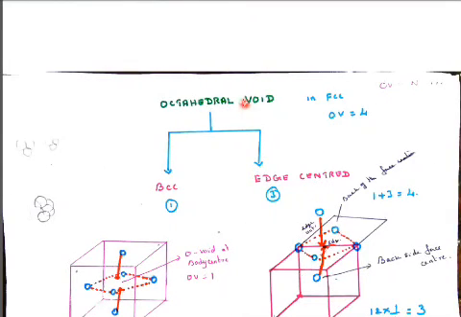Next, octahedral voids in FCC, which I already told you. In FCC, the number of octahedral voids is 4, that is the 4 effective atoms. I mean, 4 atoms are present per unit cell. So octahedral void 1n, so 4 into 1, 4 octahedral voids. That is BCC 1 and edge-centered 3. So 1 plus 3, 4.